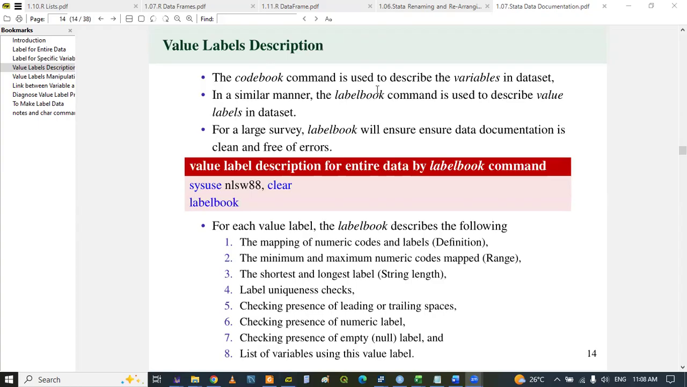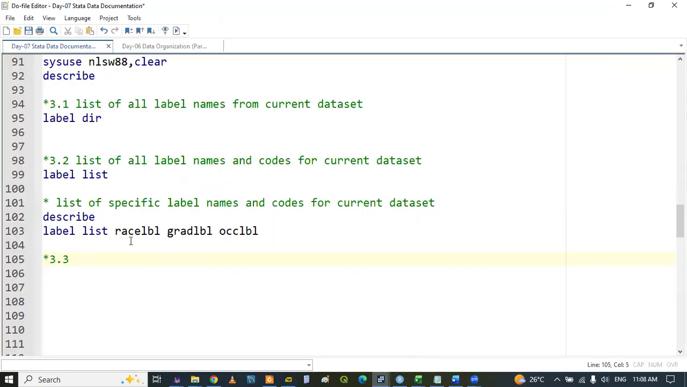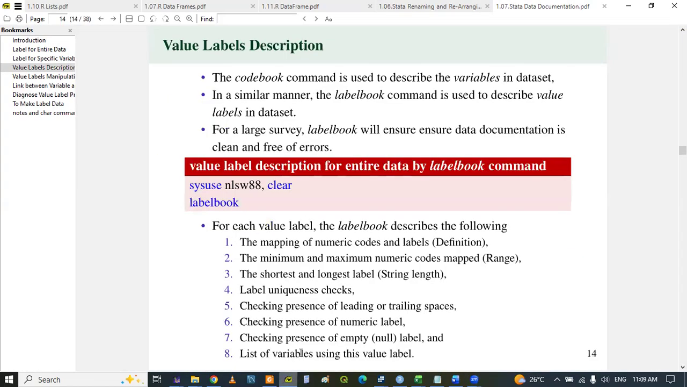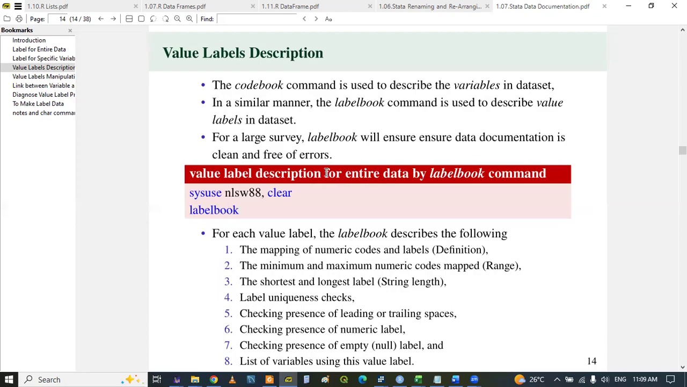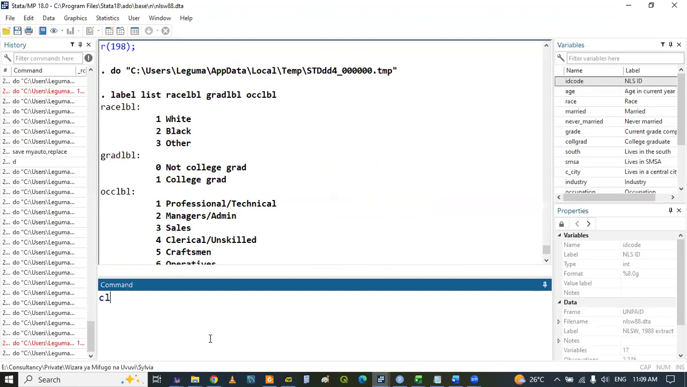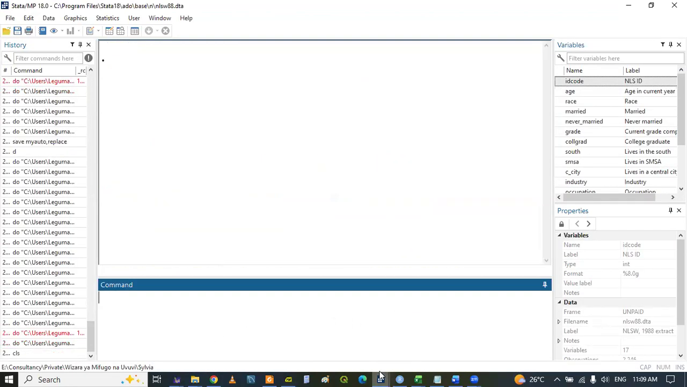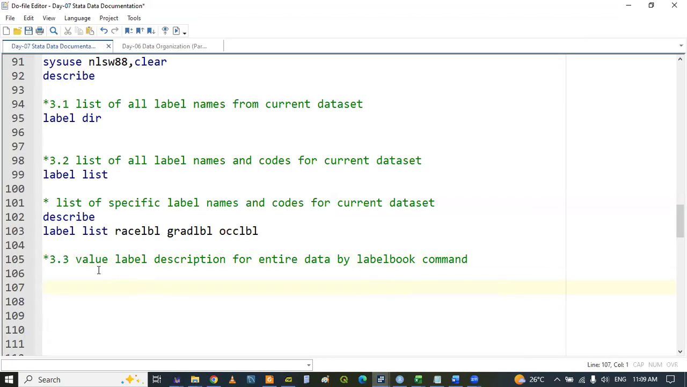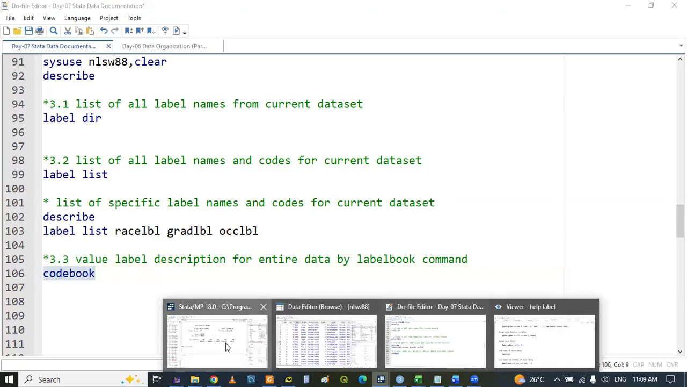The codebook command is used to describe the variables in the dataset. This is what we do with codebook. Value label description is done by using labelbook. Let me clear whatever happened here from my results window. If I just put codebook, we remember codebook. It will describe each variable,